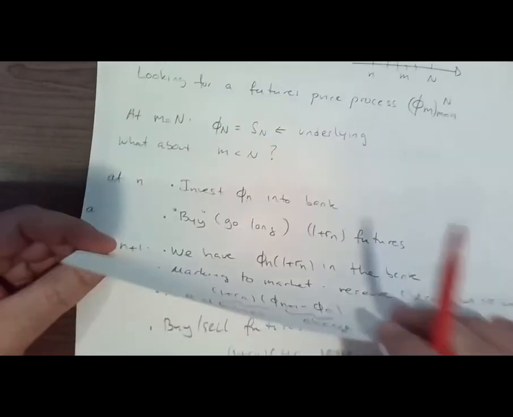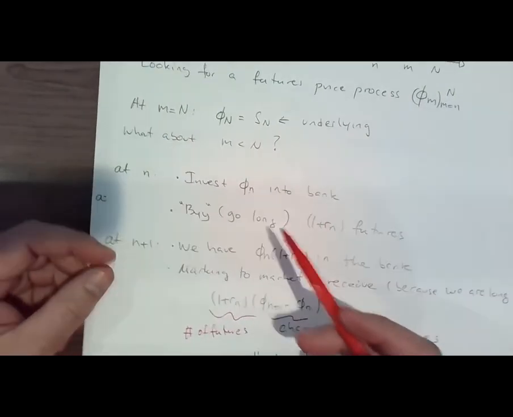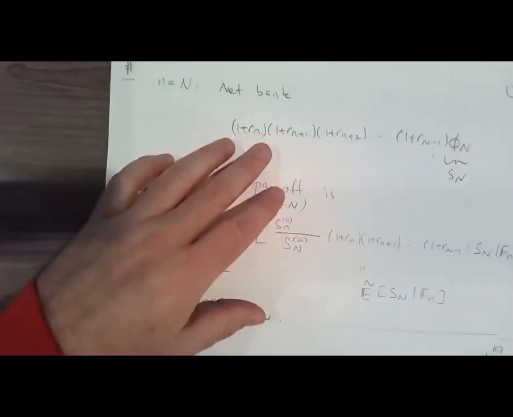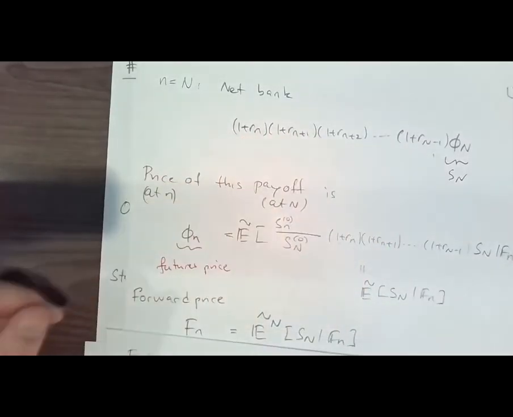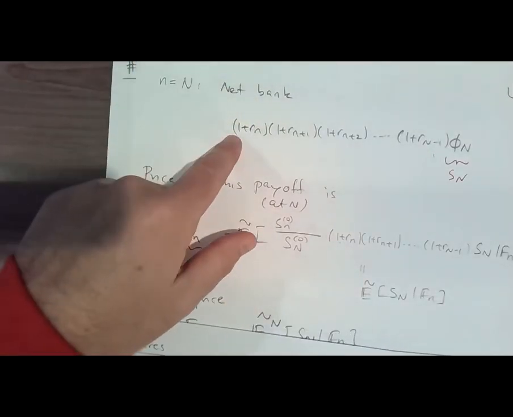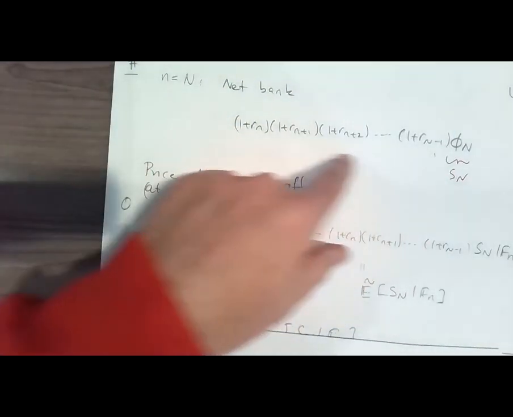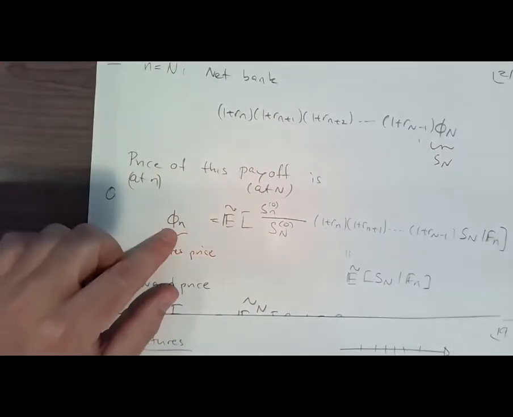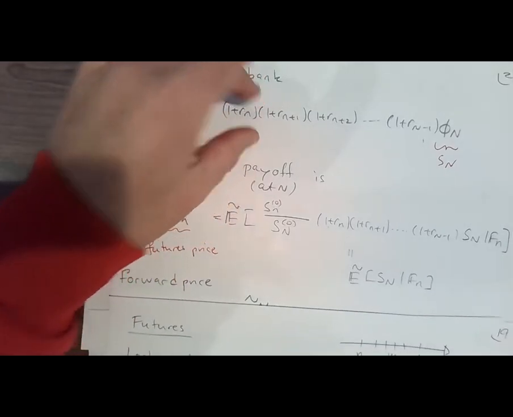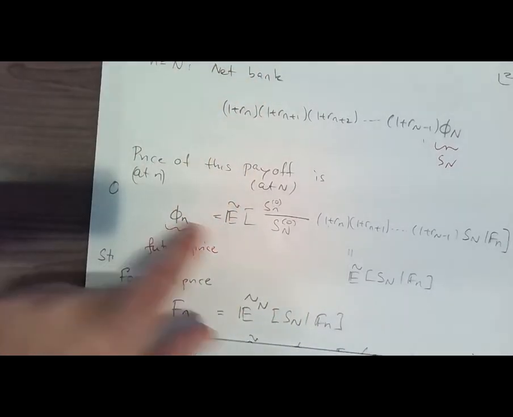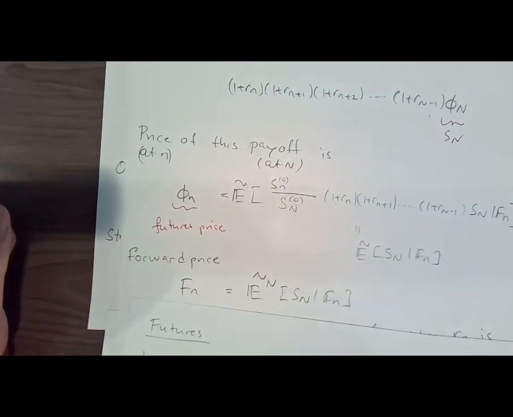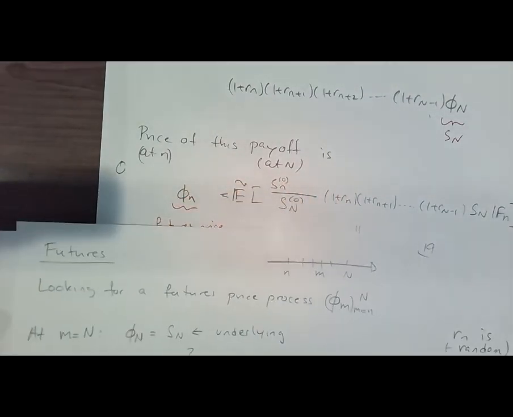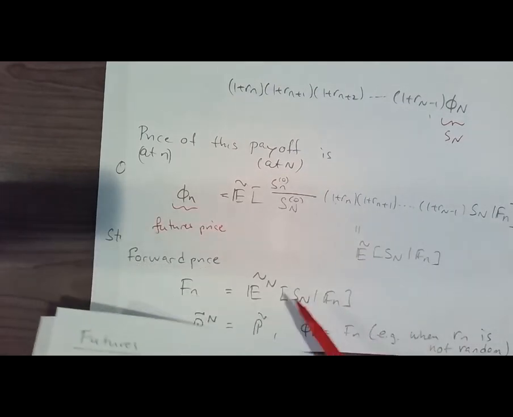Okay, so this is how it works, and then we set up a portfolio that has a price tag of phi n, and it ends up with this amount of money in the bank. So then, what is the price process, or what is the price of such a payoff? Well, this is the risk neutral discounted value. That must be phi n because this is what it costs us to get there. So this gives us a formula that is very similar to the forward price, but it has this one difference: you're computing expectations under the risk neutral measure instead of under the forward.